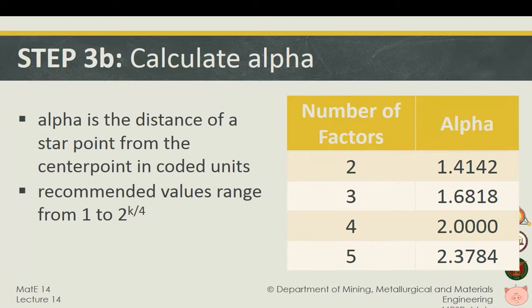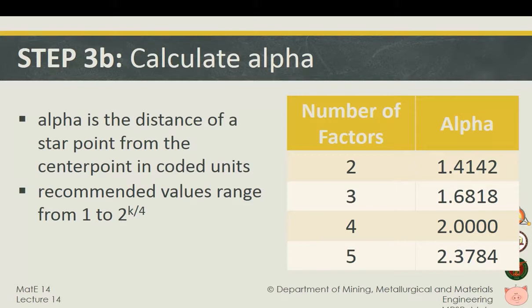So we start with calculating alpha. Alpha is just the distance of the star point from the center point in coded units. Here we have a table that is a guide in choosing our alpha value versus yung number of factors na meron tayo. So if it's 2, we have 1.4142. If we have 5 factors, it's 2.3784. These alpha values can be computed using this formula: 2 to the k over 4, where k here is